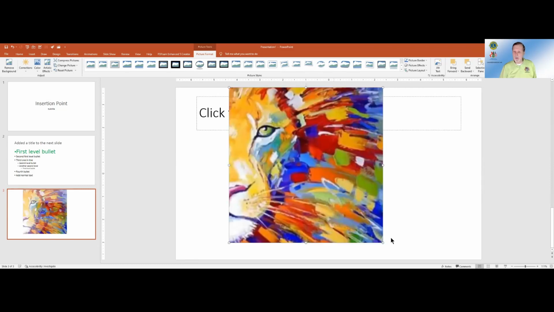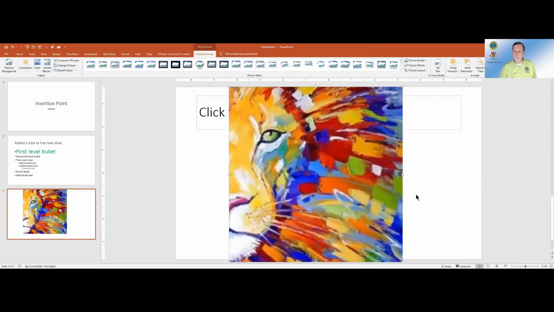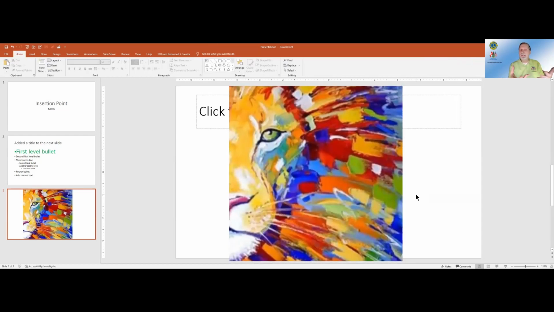Now as I do this, please observe that I lose detail in the picture. What first looked okay when I inserted this object now looks less so. The smaller the file, the smaller the picture.